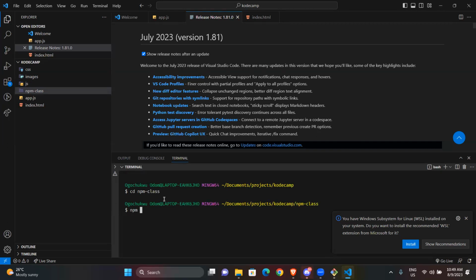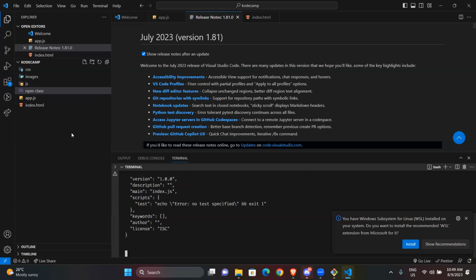I'm just going to do npm init. What init does is that npm is actually from Node, it's just an extraction from Node. So this creates a package.json that gives you some commands that you can use. npm init -y.